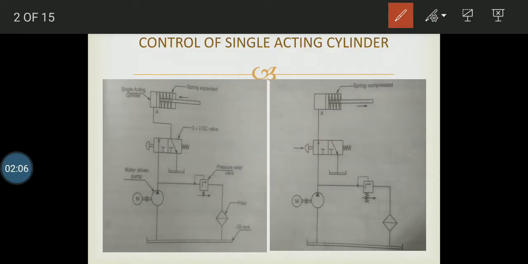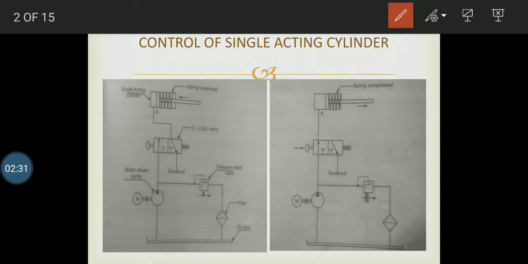But when I press this button, the DCV changes its section and moves to the first section from the second section, allowing the fluid to move into the cylinder. The flow gets inside the cylinder, acting as an inlet,